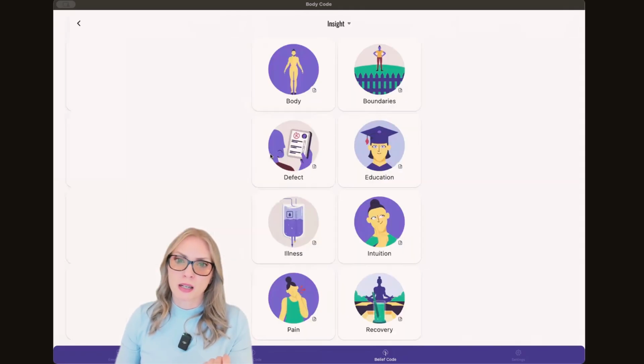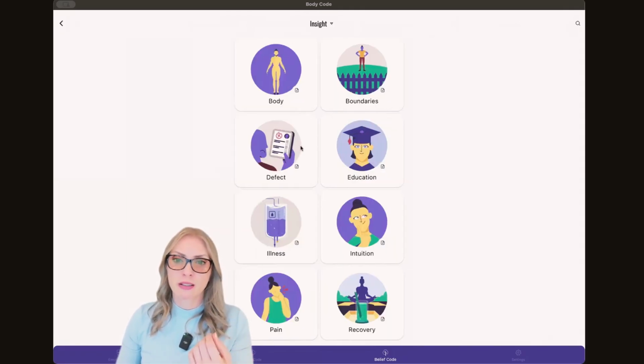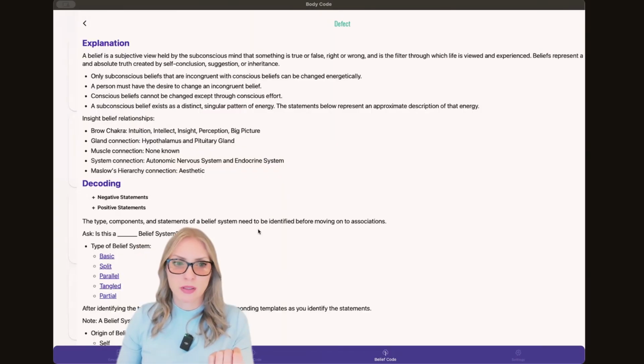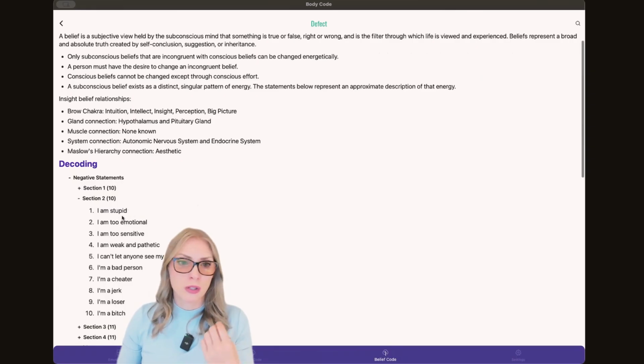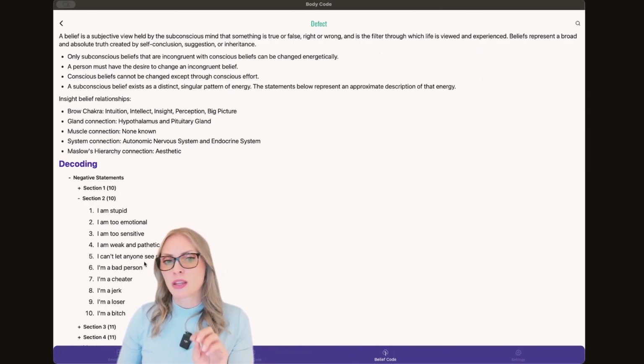So here we find every negative belief in the belief system. So let's say you have a belief, I am stupid, or I am too emotional, or I am too sensitive, or I'm weak and pathetic, or I can't let anyone see my flaws. There are about 3,000 negative beliefs in here.